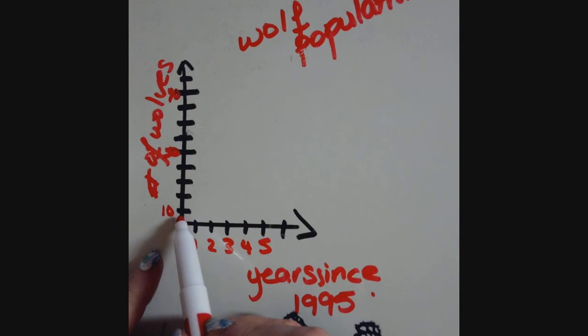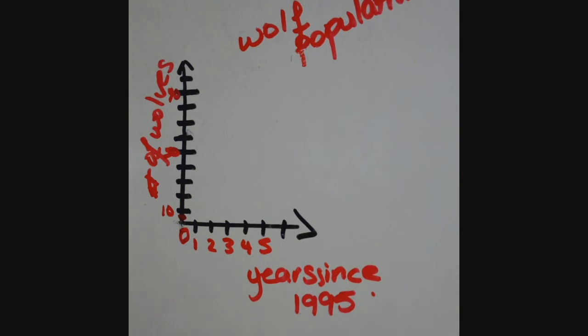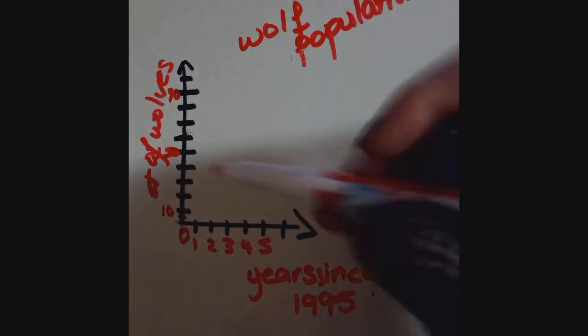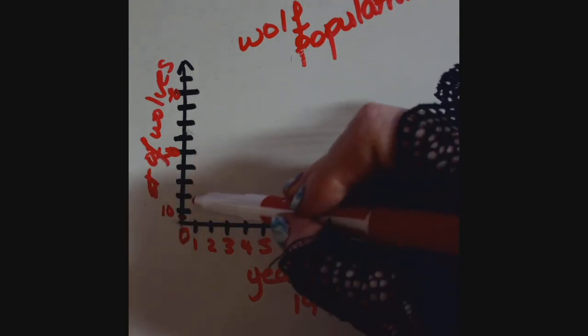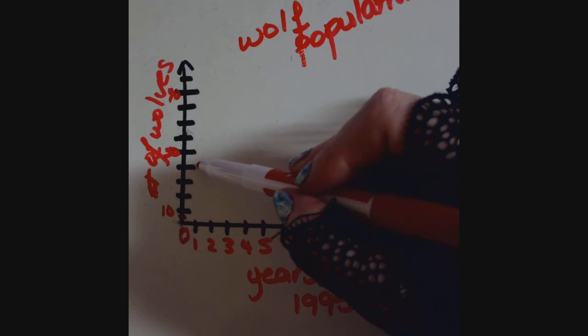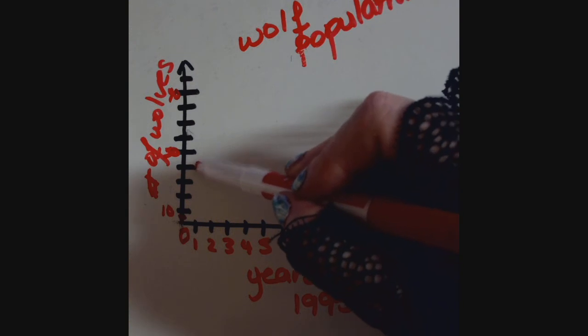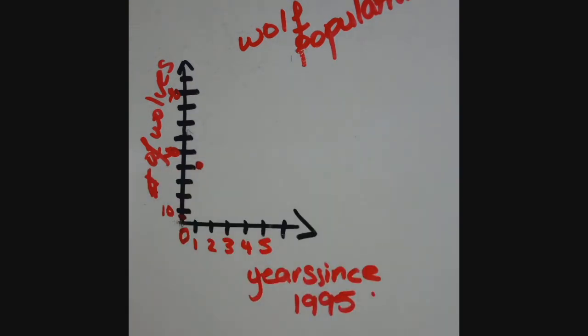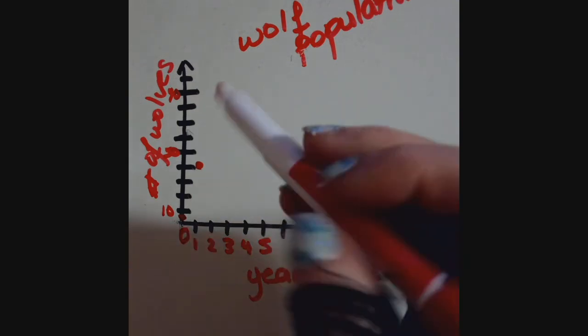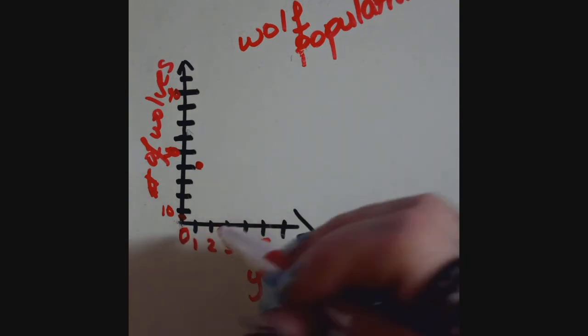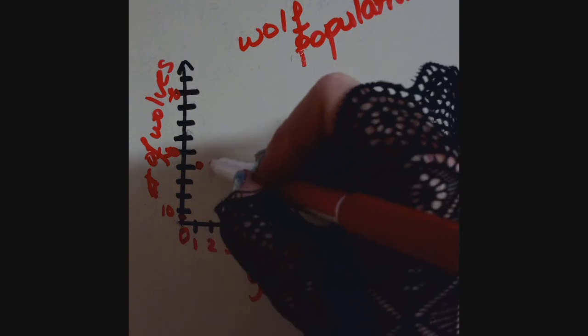So at 0, when they first put the wolves in there, they only have 7 of them. So right under 10. I just kind of wing it a little bit. Then after the first year, 1996, they grow to 44. So 10, 20, 30, 40, just above. So I would say there's about 44. Then in 1997, the year after that, they jump all the way up to 80,